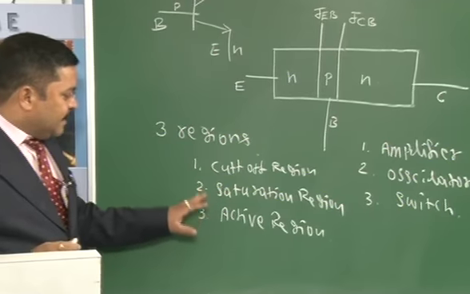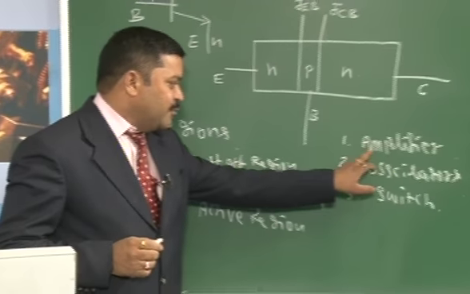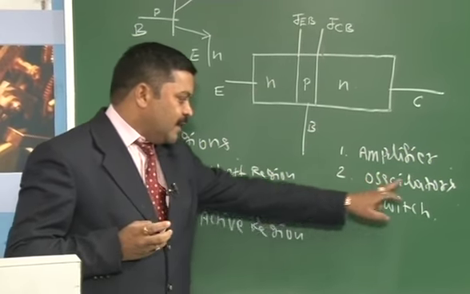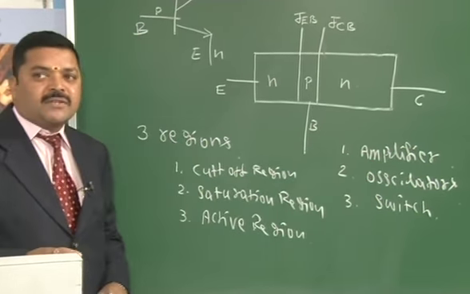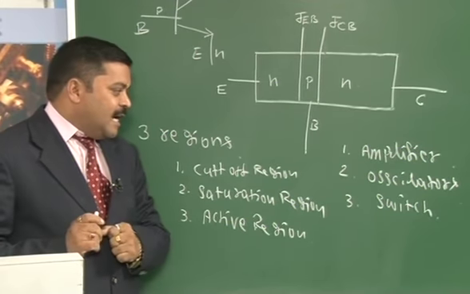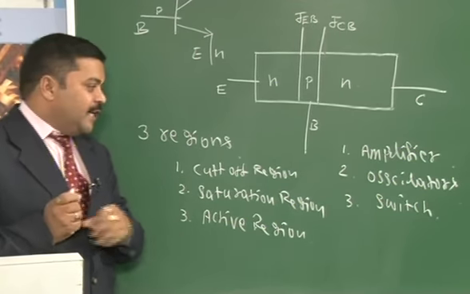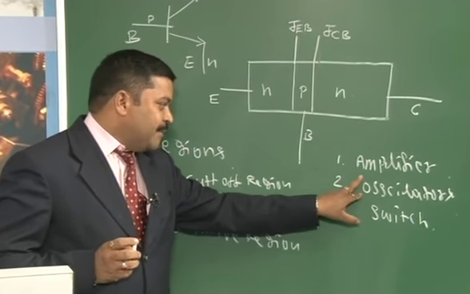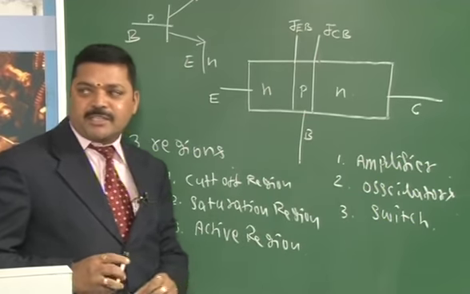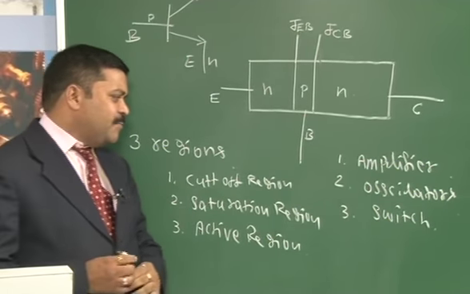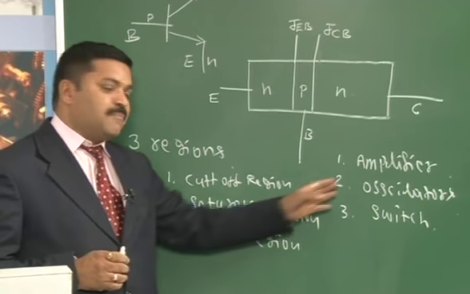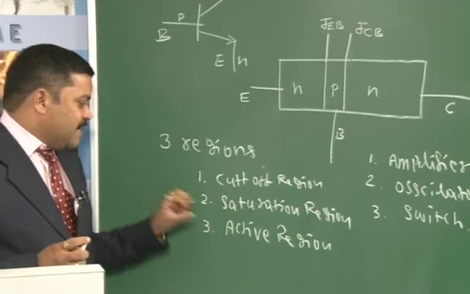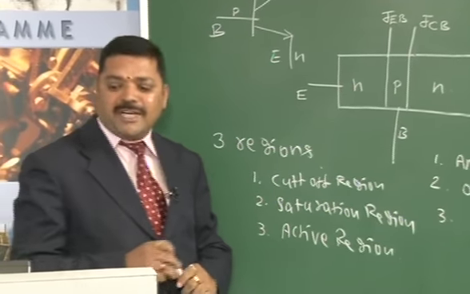When we consider biasing, we will be considering most of the time the amplifiers. Why amplifiers? Because when we consider oscillators, an oscillator is a circuit which consists of an amplifier and the feedback network. So, here also BJT can be used as an amplifier. Amplifier applications play a very important role with respect to BJT. 70 to 80% of the BJT applications are amplifiers itself. Therefore, we will be considering amplifier as an application when we discuss the transistor biasing.